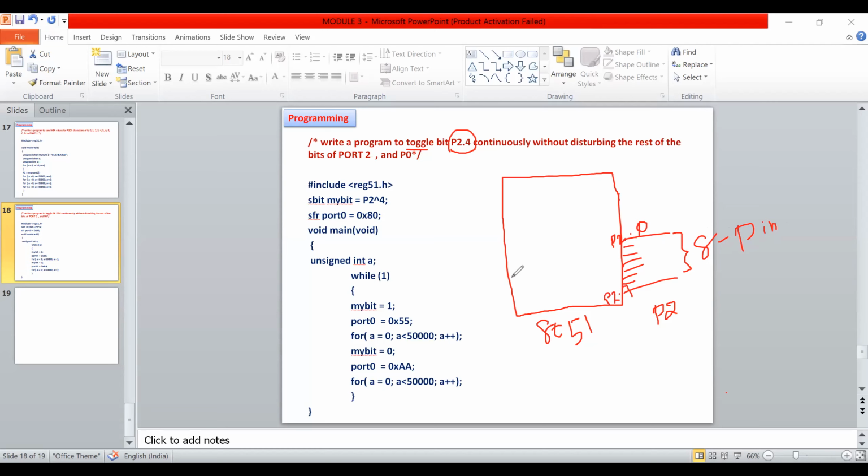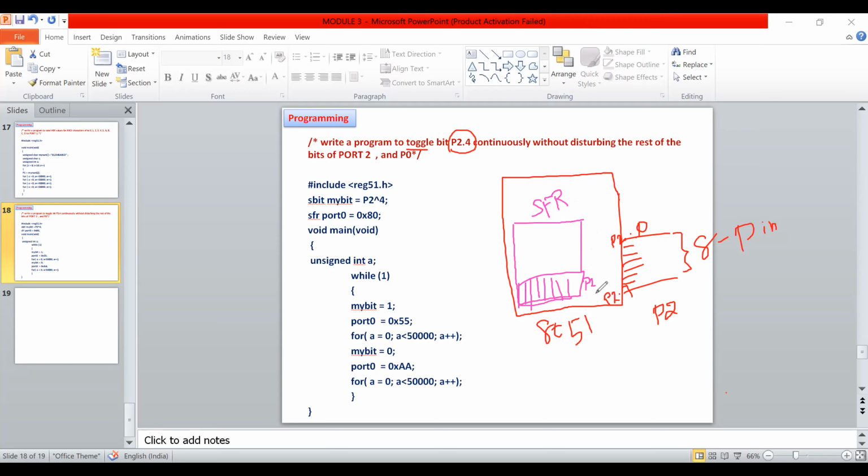Internally, we have an 8-bit register, that is port 2, in the SFR, which is internal RAM.